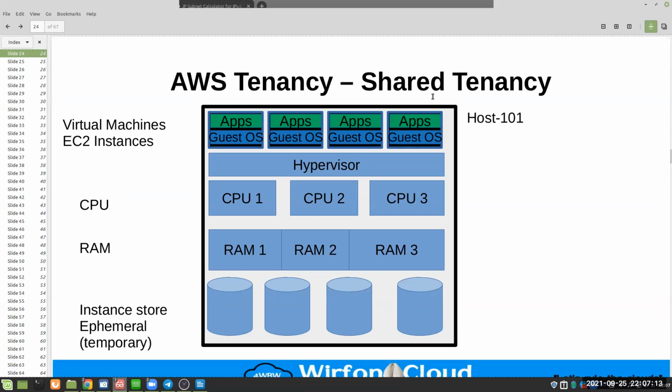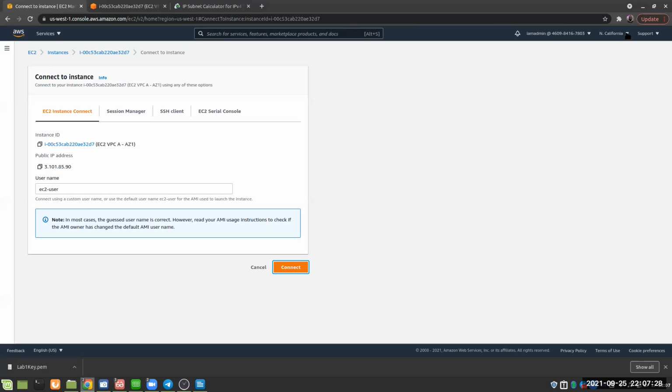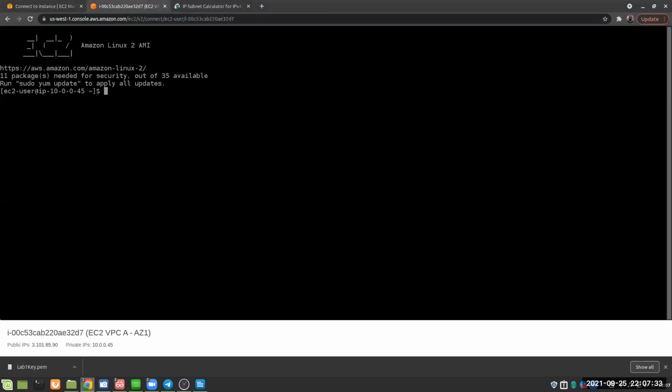You remember when we were choosing, it was the default tenancy, which was shared. This EC2 instance is sitting in the region I picked, which was North California. So this is the beauty of cloud computing. I can have an instance sitting in the cloud right at that end, and I have access to it here now. I can go ahead and run